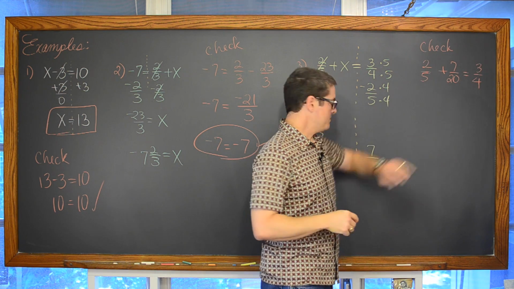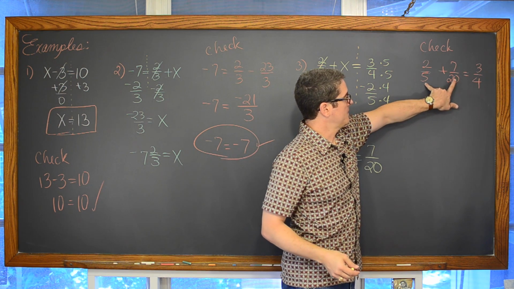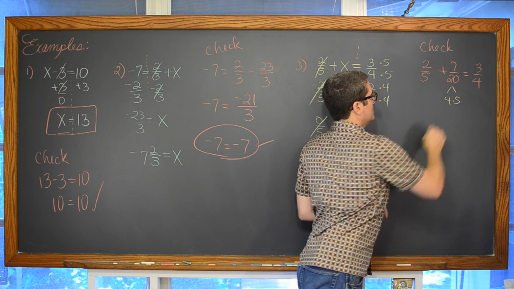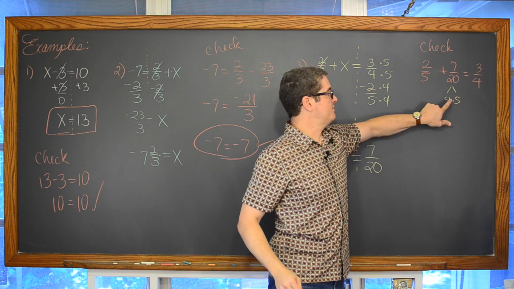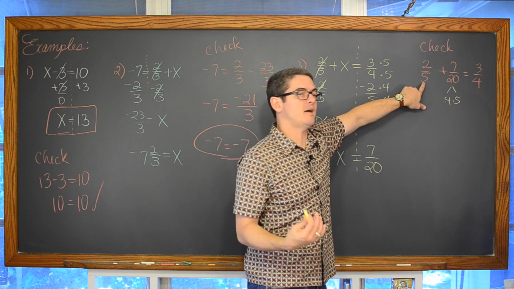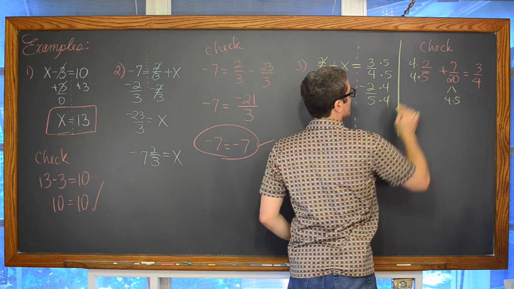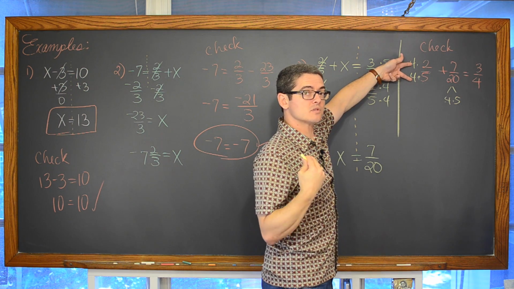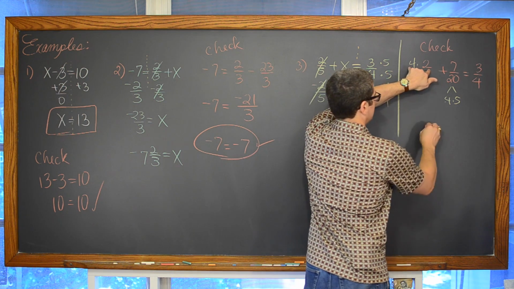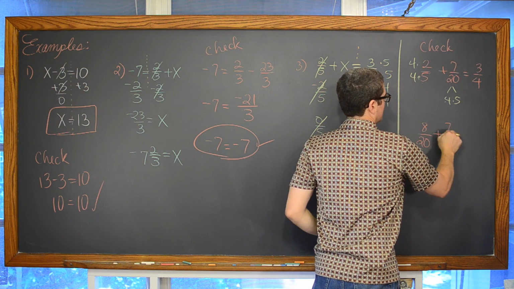I need a common denominator. Now, instead of doing the whole list here, this denominator is 4 times 5 when you factor it. So this denominator has a factor of 5 and a factor of 4. This denominator only has a 5. So I need to introduce that factor of 4. So we're going to multiply 4 onto the numerator and denominator. Again, 4 over 4 is equal to 1, so I'm just multiplying by 1. I'm making the fraction look different, not changing its value. That's 8. That's 20. Bringing down the plus 7 over 20.